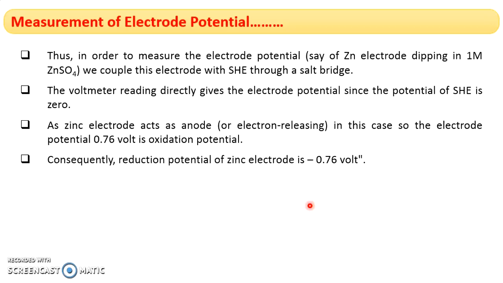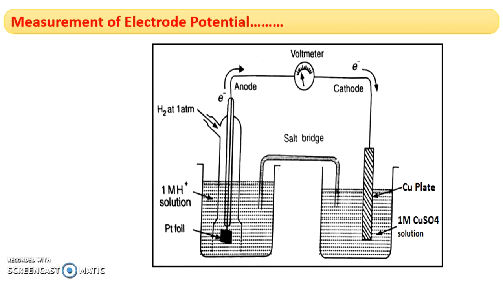So in this way we can find out the electrode potential of a given electrode. Now we will take another example. In the last example we took the zinc electrode; now we will take the copper electrode. This is a copper plate dipped in copper sulfate solution, connected to the reference electrode, the standard hydrogen electrode, and we have a voltmeter connected. If we compare the two, the standard hydrogen electrode has higher reactivity than the copper electrode. So oxidation occurs at the standard hydrogen electrode, and at the copper electrode, reduction occurs.